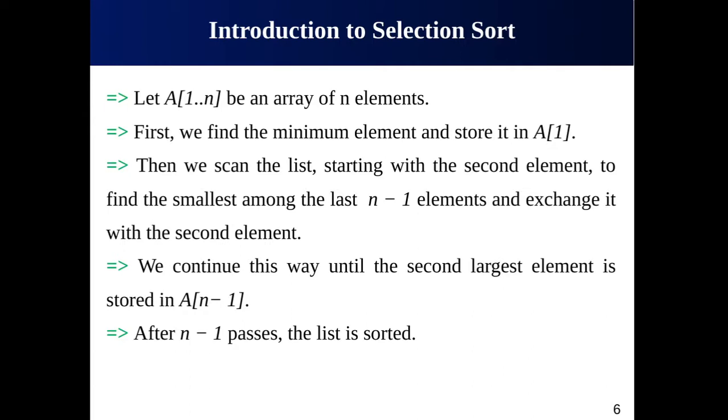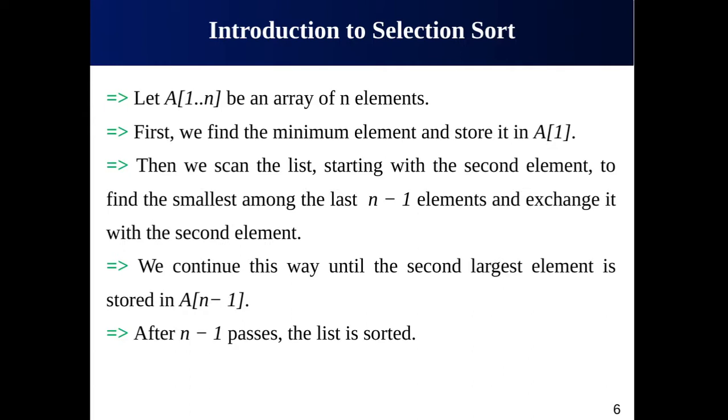Then we have to scan the list again, but this time starting with the second element, finding the smallest element in the remaining n-1 elements, and then exchange it with the element at the second position. At the end of this pass, the second smallest element will be in its appropriate position,